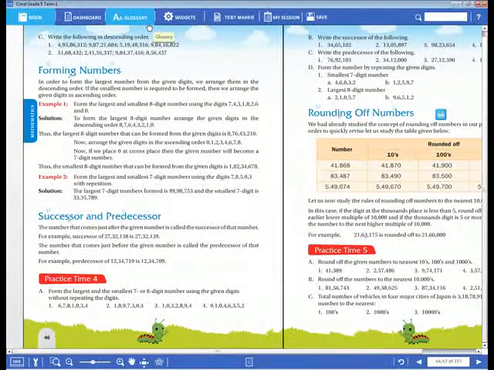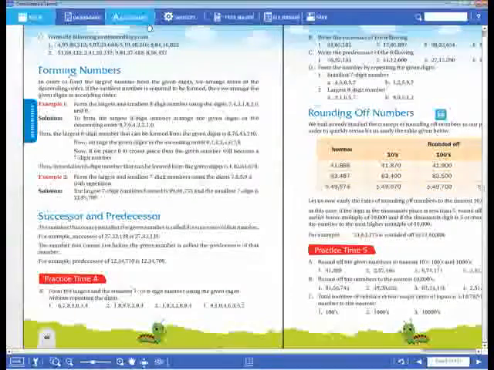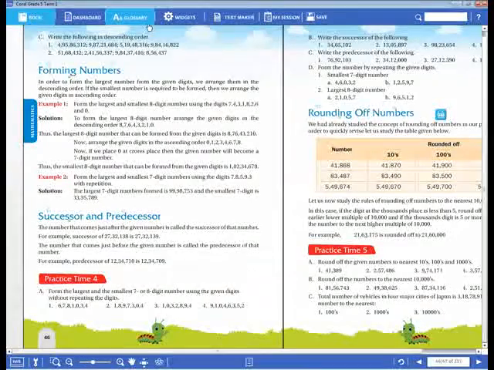And I hope that everyone knows how to frame a greater number and the smallest number. Already you have learned these topics in the lower classes, in the 4th class. So once again I am giving it to you. For example, if they give any digits like 6, 7, 4, 3, 2, 1, then for the biggest number we have to arrange them, and for the smallest number you arrange them in the opposite way. That is how we get the largest 8-digit number.